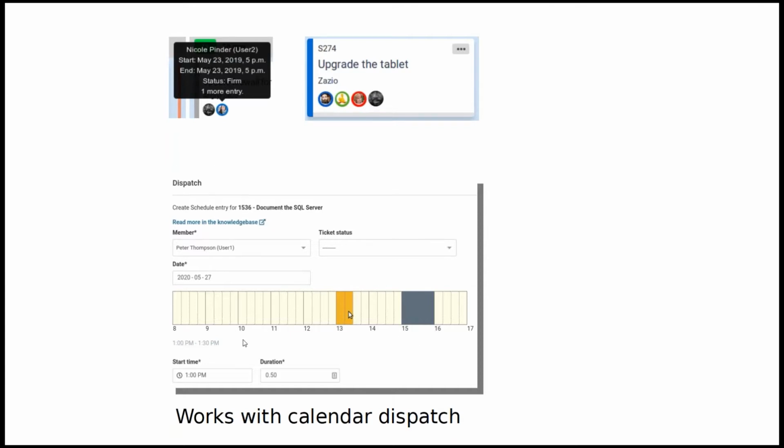Also allows you to create assignments that are in the calendar, or in Autotask terms, make a service call. So you can actually pull up, begin to assign somebody. When you do that, it'll pull up their day, give you an indication of when they're free and when they're not free. So this person has something here from 3 to 4. Don't want to reassign them, double book them, but it's really easy. Just click a couple times here in this bar and it will set the dates and times to create that calendar entry or that service call in Autotask, and makes it really easy for all of those things where you do need to continue using the calendar.